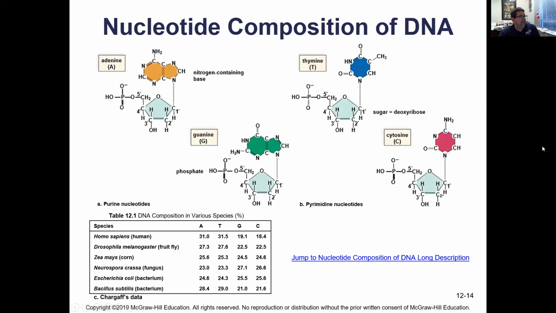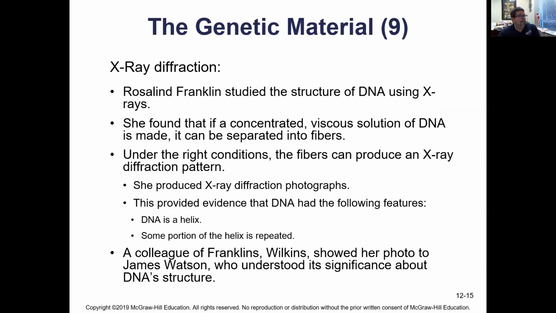Okay, and what he determined then was that adenine and thymine, adenine, notice the double ring, thymine bind to each other and their amounts are equal, and C and G are equal. And he looked at humans, fruit fly, corn, fungus, and a couple of bacterium, and he saw that. So A and T equal, and A plus G equals T plus C. So there was some pairing going on, and we're going to find out that our heroes today are going to be